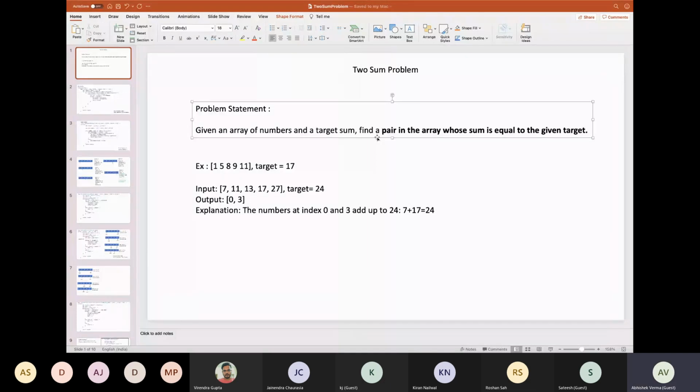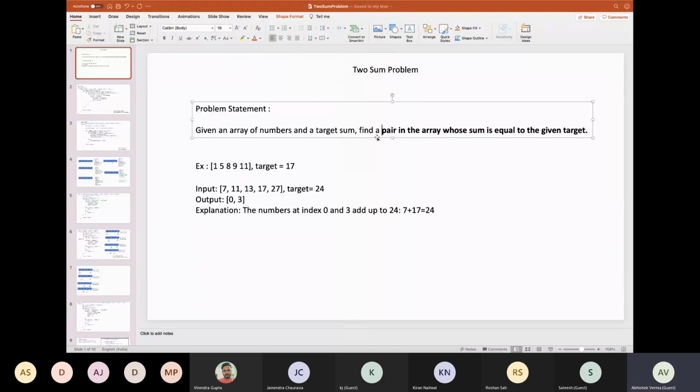So yeah, a lot of very good questions have been asked. I mean, it covers all the questions. The only question I see has not been asked is whether there are any repetitive or duplicate numbers in the set or not. Like in this array, are there any duplicates or not? This is also one of the questions we can ask, because based on that there will be a follow-up question: if there are duplicates, are we going to consider duplicate indexes or not? So this also needs to be clarified.